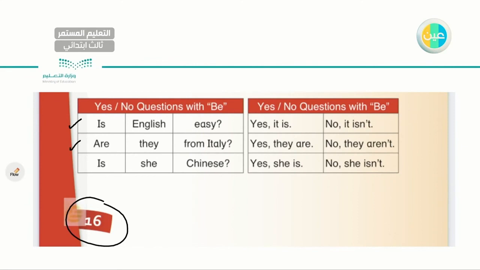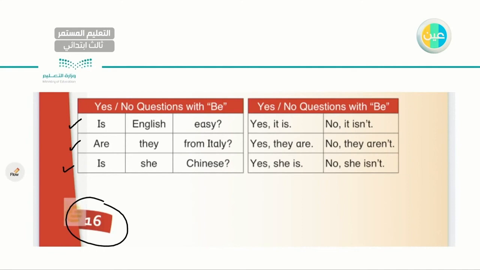Are they from Italy? Yes, they are. No, they aren't. As I told you, my dear student, these questions require yes or no answers. The last one I have is